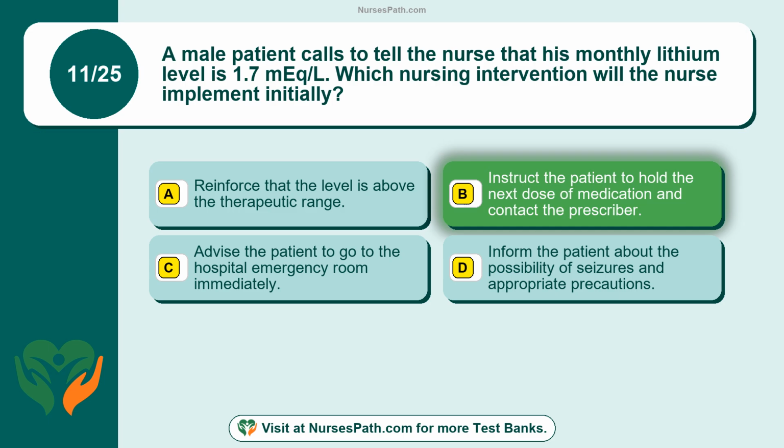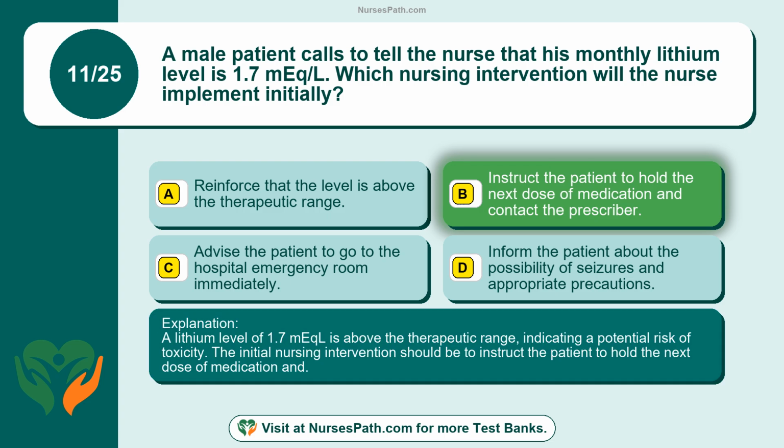The correct answer is option B. Instruct the patient to hold the next dose of medication and contact the prescriber. A lithium level of 1.7 mEq/L is above the therapeutic range, indicating a potential risk of toxicity. The initial nursing intervention should be to instruct the patient to hold the next dose of medication and